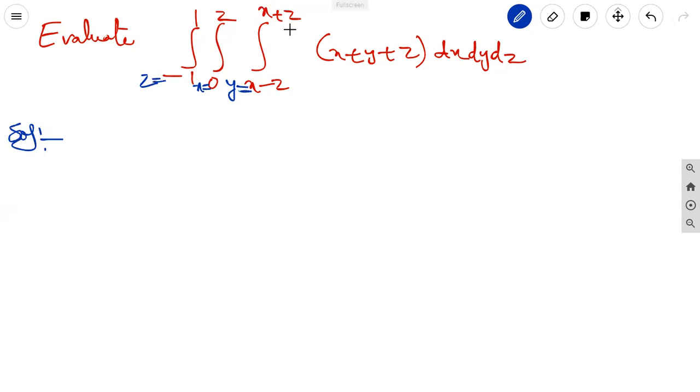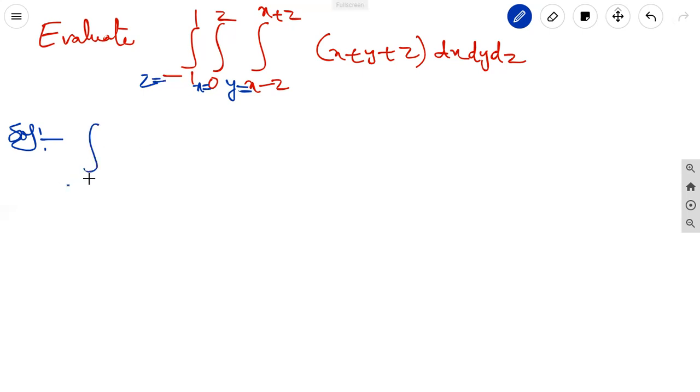Just observe it. Xz means what is the other variable? Y variable. So the y variable can be expressed in x plus z or x minus z. Then the function y is converted into xz. Next that xz is converted into z, meaning the x variable is in z. Then z variable in the limits. That way we can identify what are the limits of the variables and how we can change the variables.